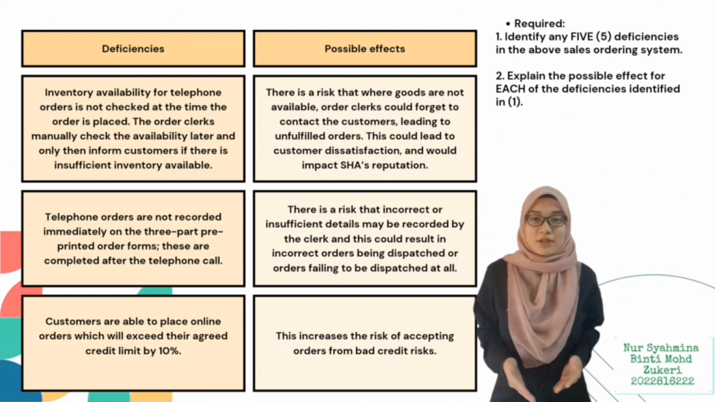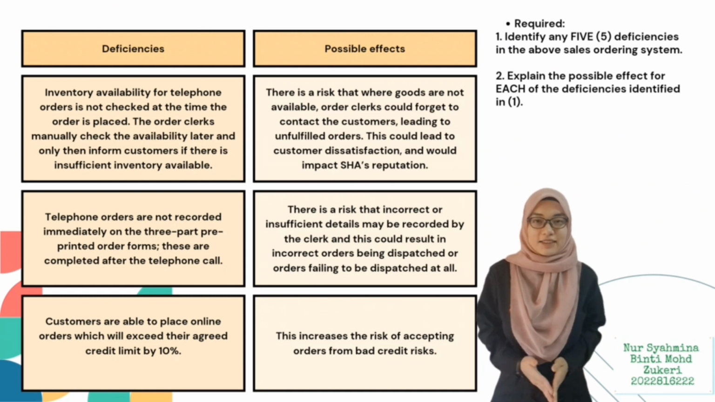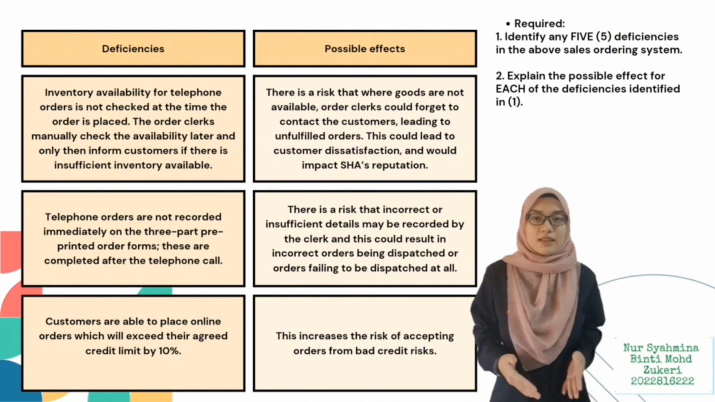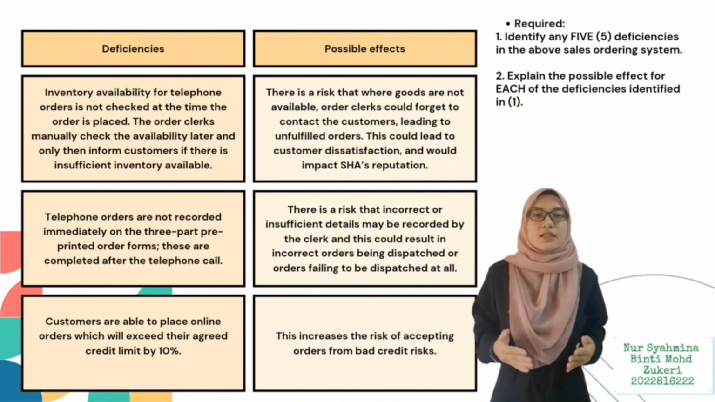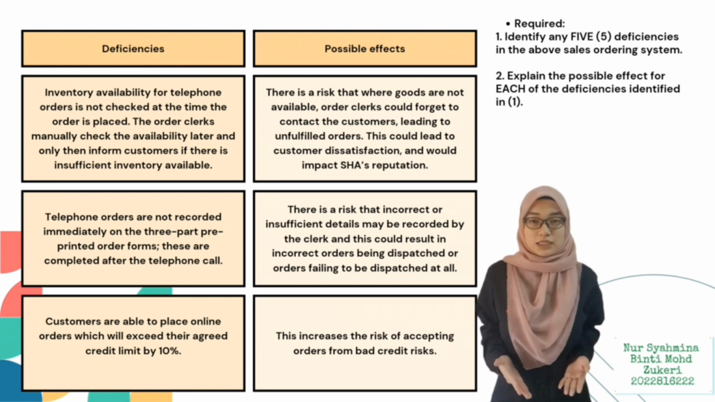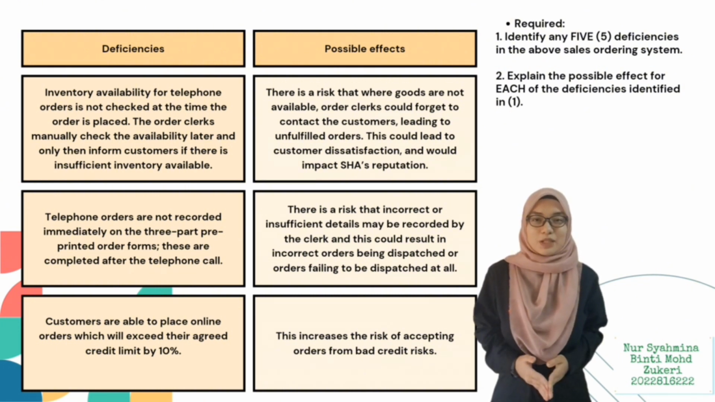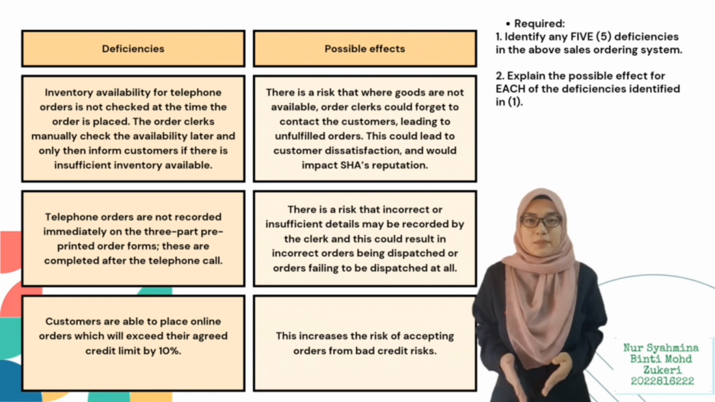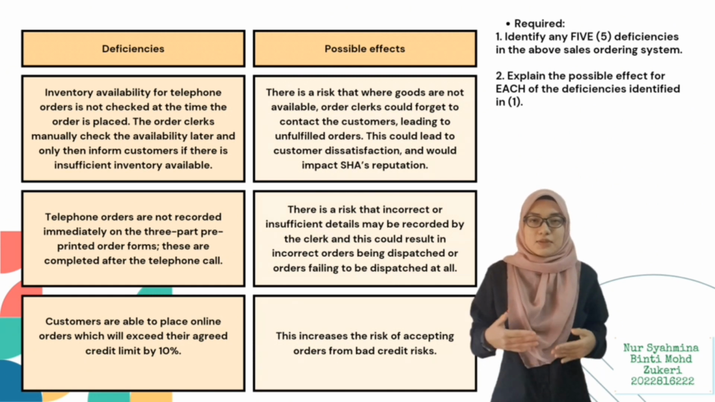First, the inventory availability for the telephone orders is not checked at the time the order is placed. The order clerks manually check the availability later and only then inform the customer if there is insufficient inventory available. So there is a risk that where the goods are not available, order clerks could forget to contact the customers, leading to unfulfilled orders. Second, the telephone orders are not recorded immediately on the 3-part pre-printed order forms. These are completed after the telephone call. There is a risk that incorrect or insufficient detail may be recorded by the clerk, and this could result in